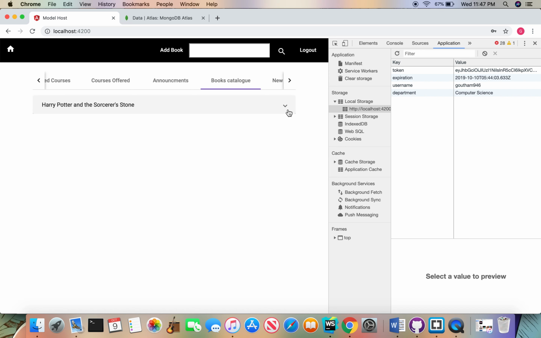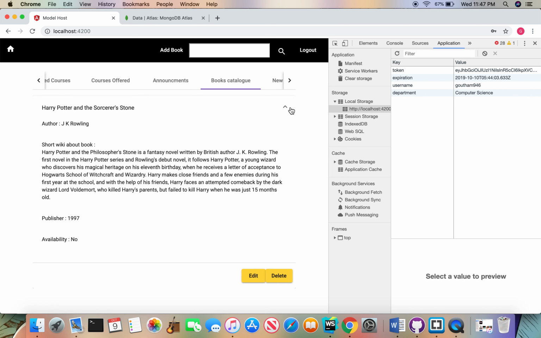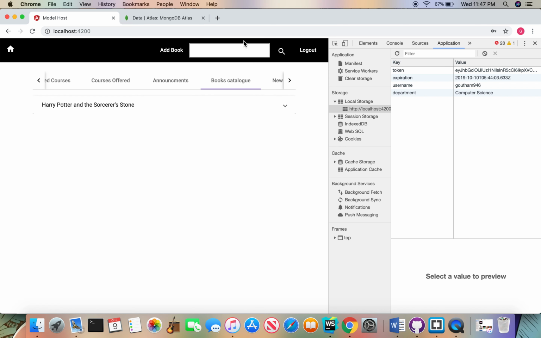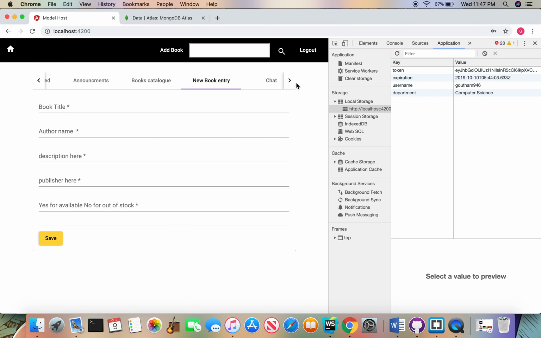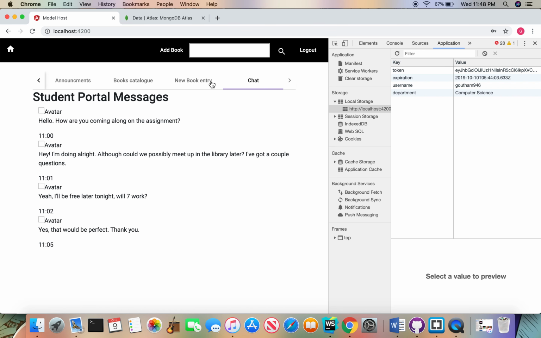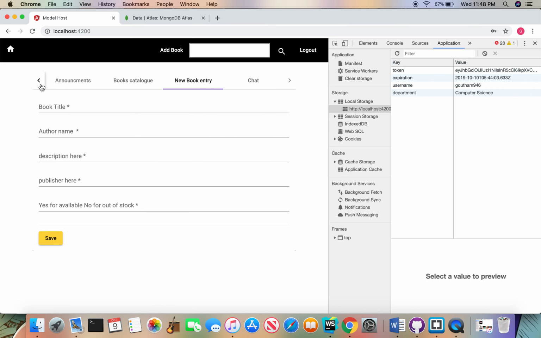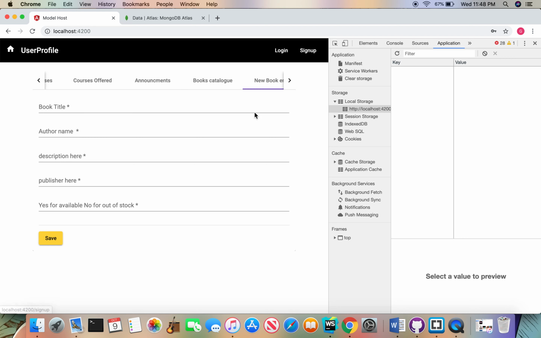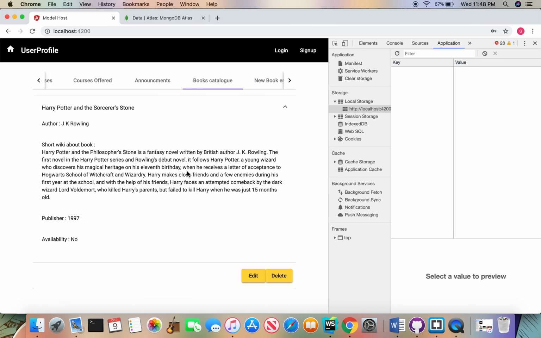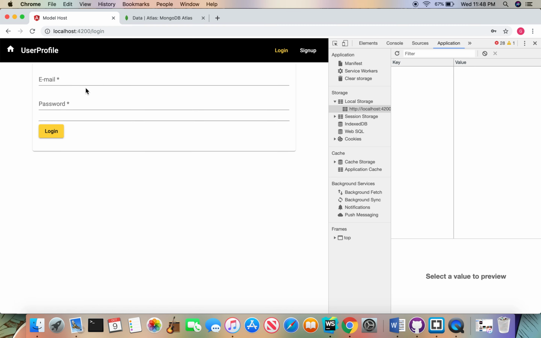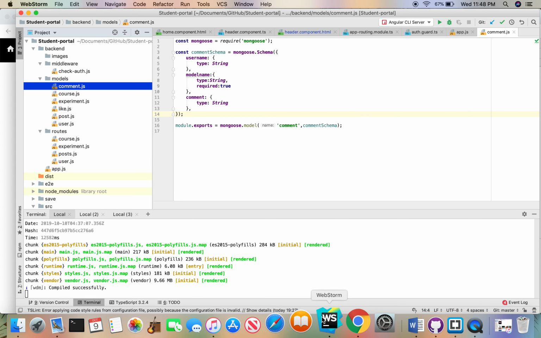You can do all the things only if you're able to enter into the application. We have also provided a tab here for the new entry, and this is a chat which is an upcoming thing, and you can try to log out. Now as you can see, you will still be able to see this information here, but if you want to edit, it'll ask you to log in, because that is one of the security features which we've used